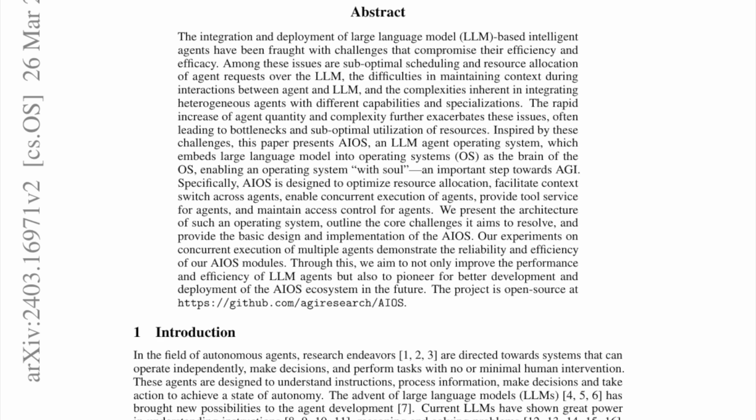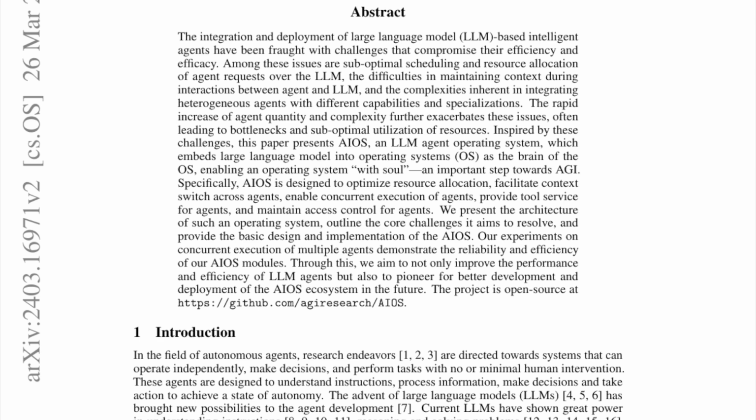efficiency and efficacy. Among these issues are suboptimal scheduling and resource allocation of agent requests over the LLM, the difficulties in maintaining context during interactions between agent and LLM, and the complexities inherent in integrating heterogeneous agents with different capabilities and specializations. The rapid increase of agent quantity and complexity further exacerbates these issues, often leading to bottlenecks and suboptimal